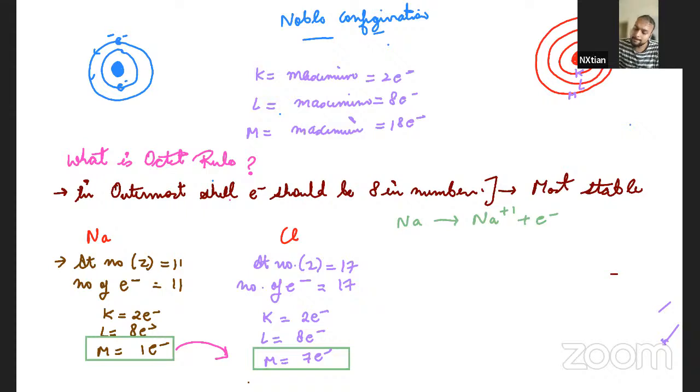Understood? And chlorine will become chlorine negative. Why? Because he will take the electron which is released by Na. Chlorine will take it, making chlorine minus 1. Now, Na plus 1 and chlorine minus 1 are responsible for the making of a compound called NaCl, which is sodium